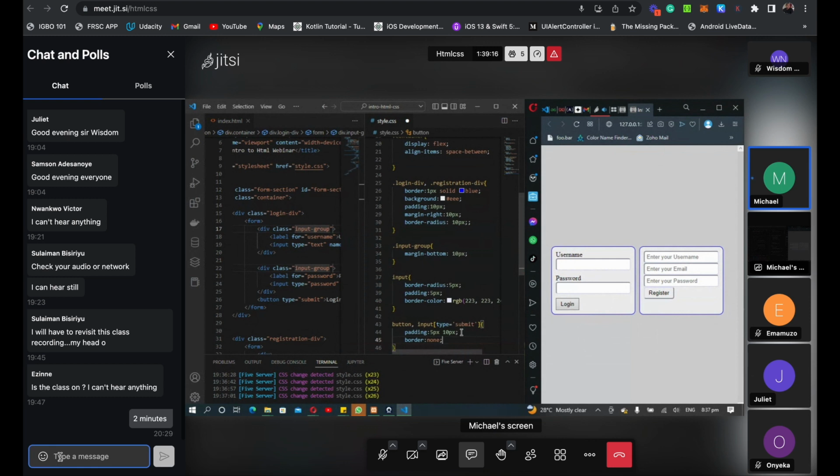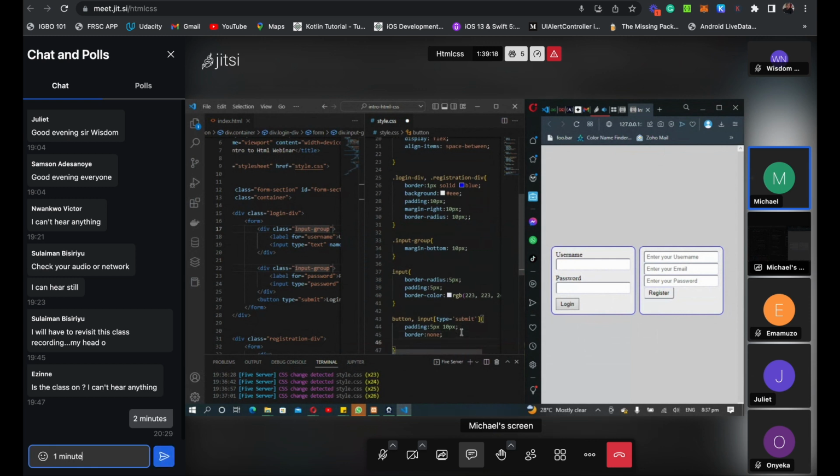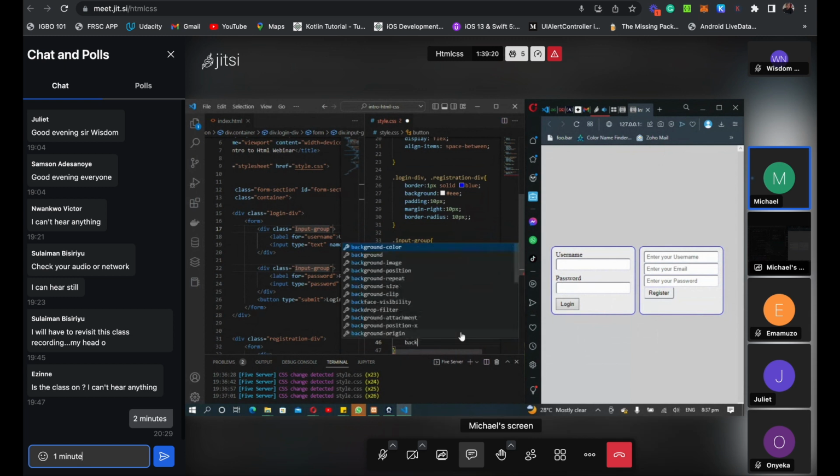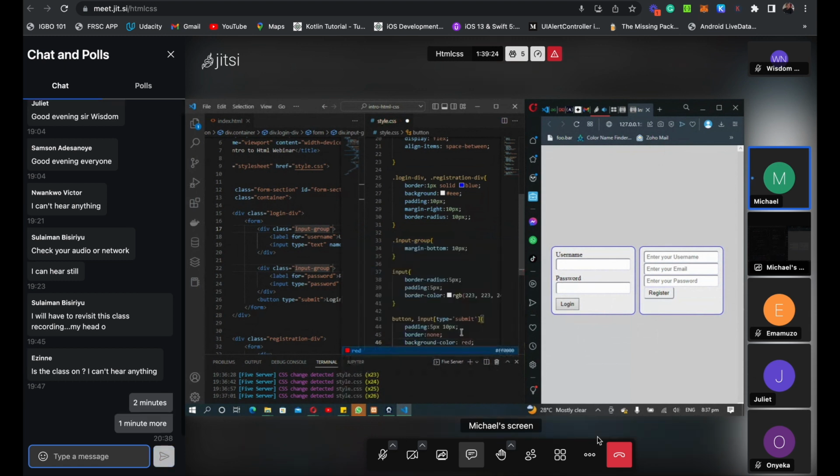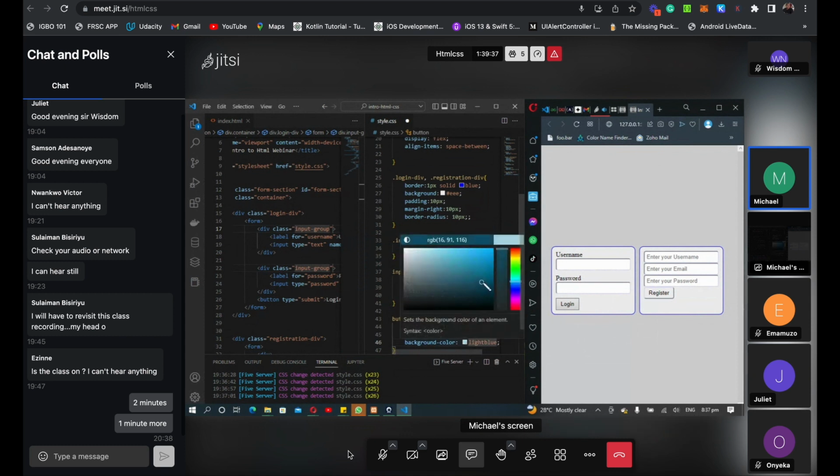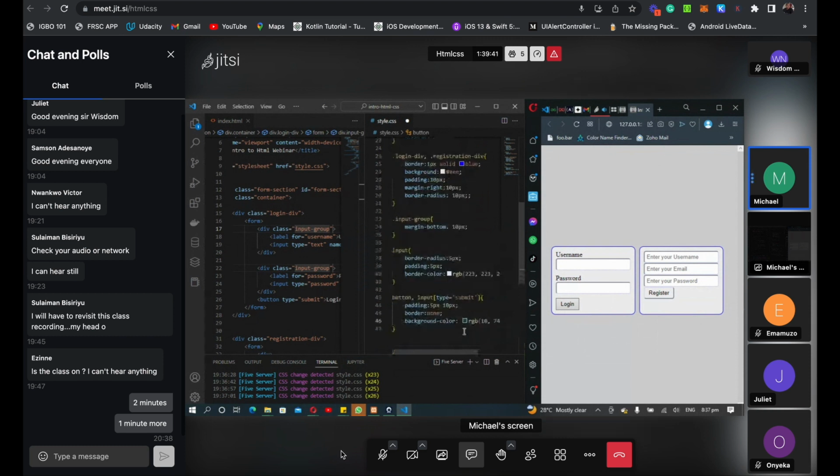Don't want to have any border, but I want them to have a background color. So I can say background color of, let's say, something red. And let me say something blue, probably light blue. Okay. And then a text color of,